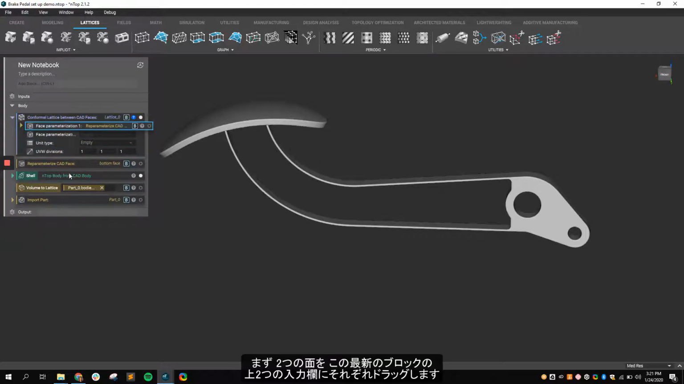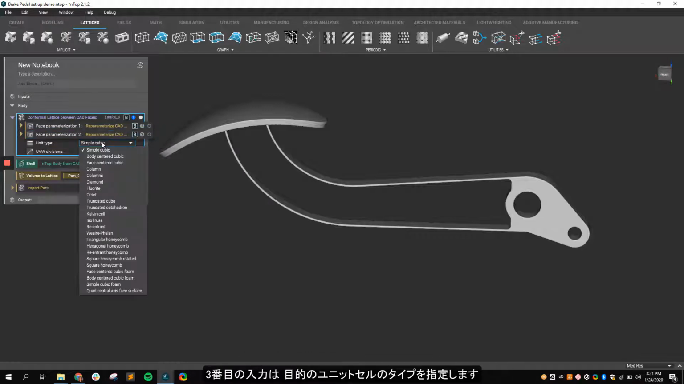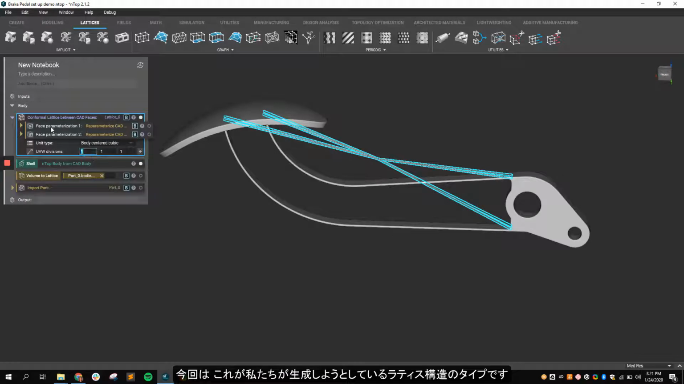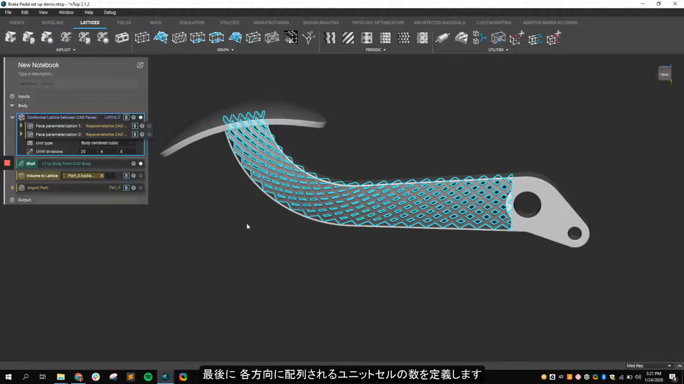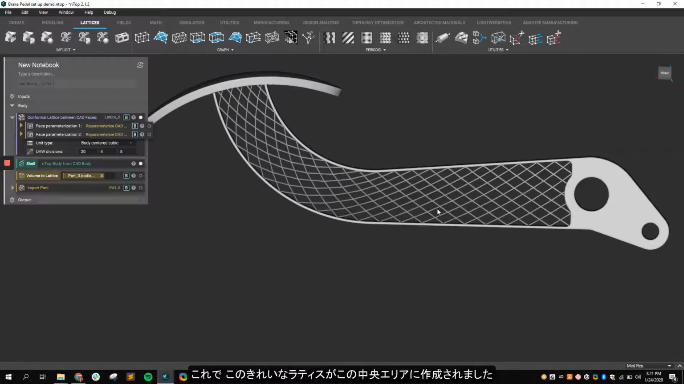I'll drag my faces into my first two inputs of this lattice block. My third input is asking for what type of unit cell we want, and this is what type of lattice structure we're going to be generating. Finally, I'll define how many unit cells are arrayed in each direction. Now we have this nice lattice created in that center area of this brake pedal. Now we can apply uniform thickness to these beams, or we can take this one step further